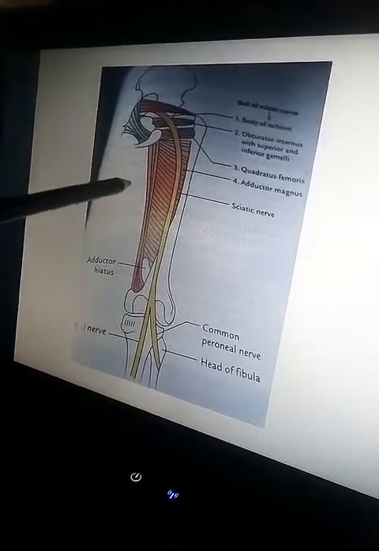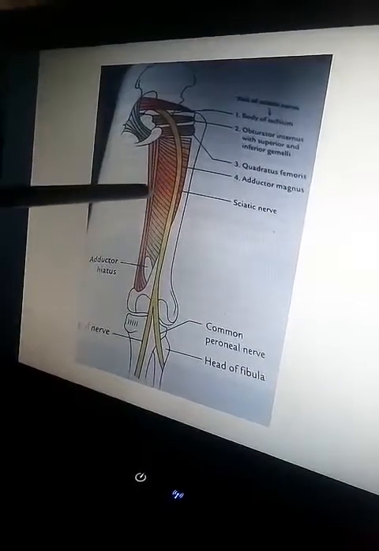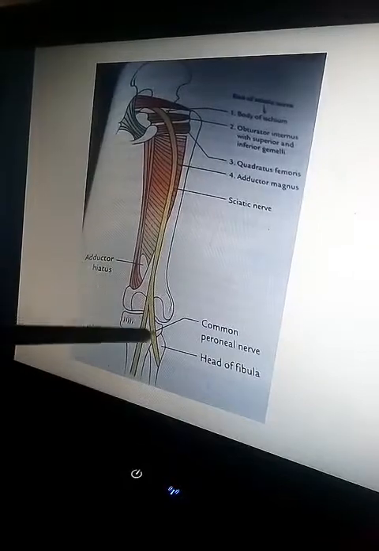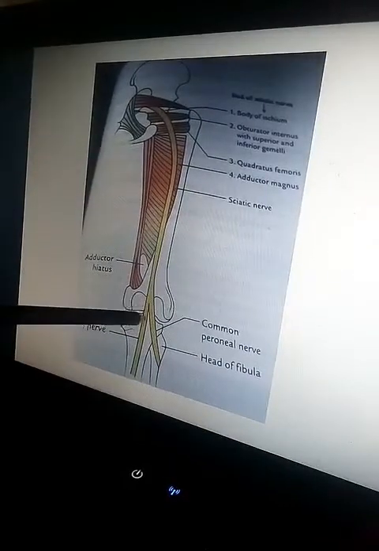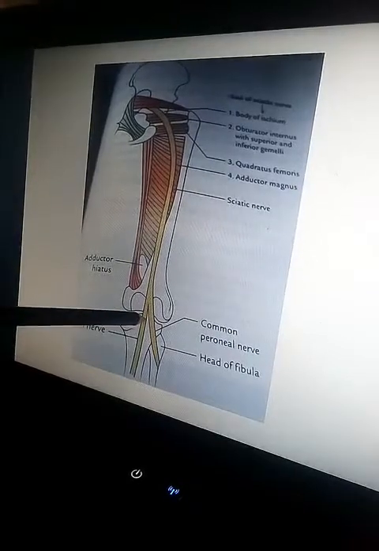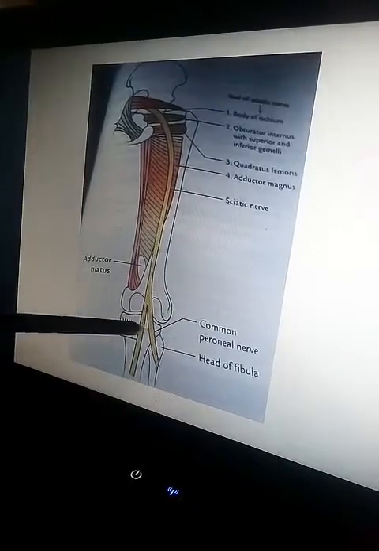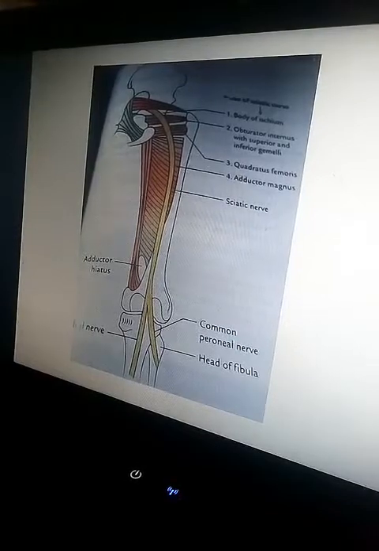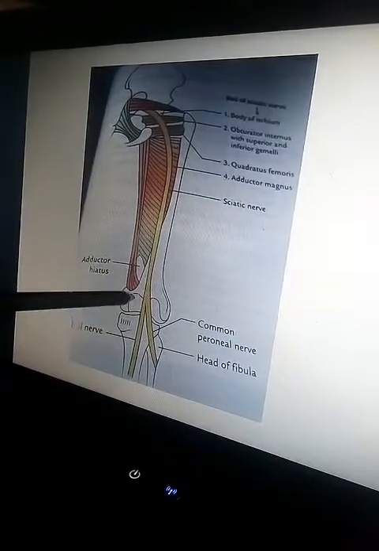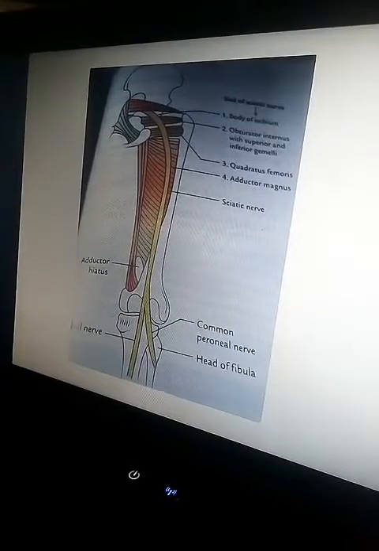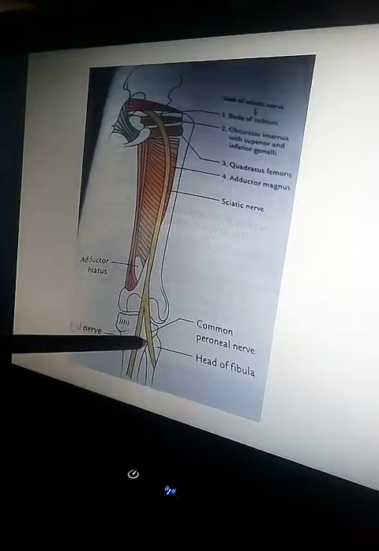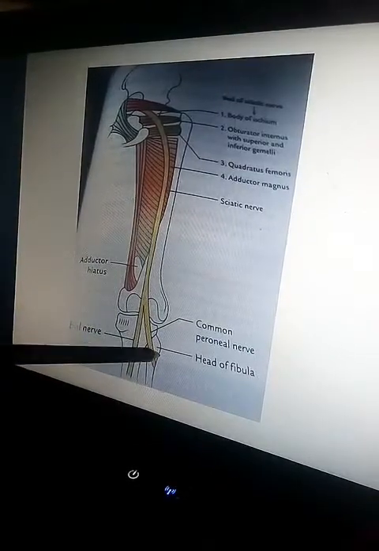Now the common peroneal nerve. The root value of the common peroneal nerve is L4, L5, S1 and S2. It is a smaller terminal branch of the sciatic nerve. It appears in the popliteal fossa beneath the long head of the biceps femoris and slopes downwards and laterally along the medial side of the tendon of the biceps femoris to the lateral angle of the